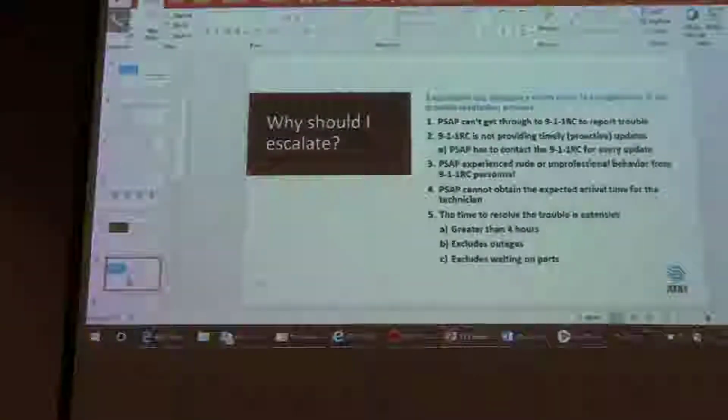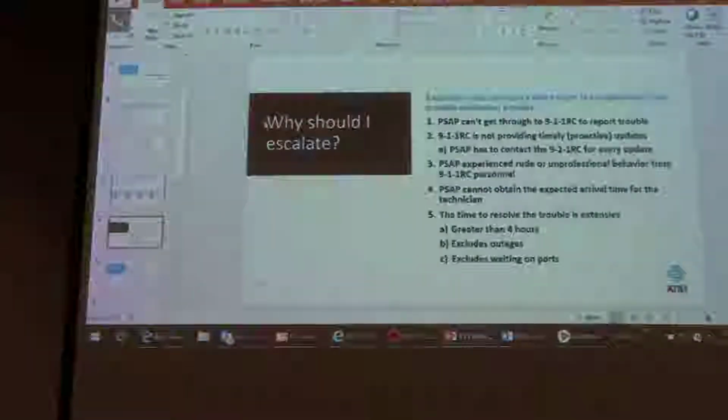Okay, this is why you should escalate. It's just different situations, so that way you know what your situation is. If you're still taking calls and things are good, but you've got a system down, you're limping, but you're not down, it still needs to be reported, because our Tiger team will be extremely responsive. It's just we need detail.